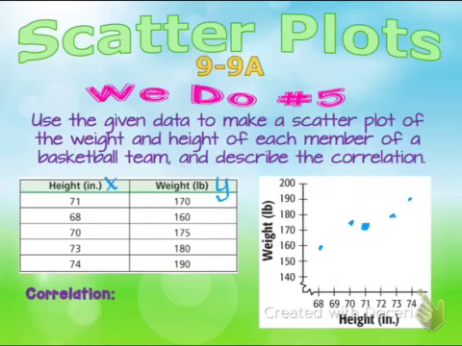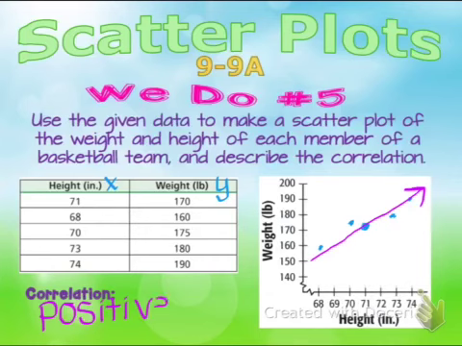So now that we have our scatter plot created, that's how you create it, you want to take a look at the pattern of the data. So you can see that it has a slope that's going up a little bit. So this would be called a positive correlation. So that is how you would create a scatter